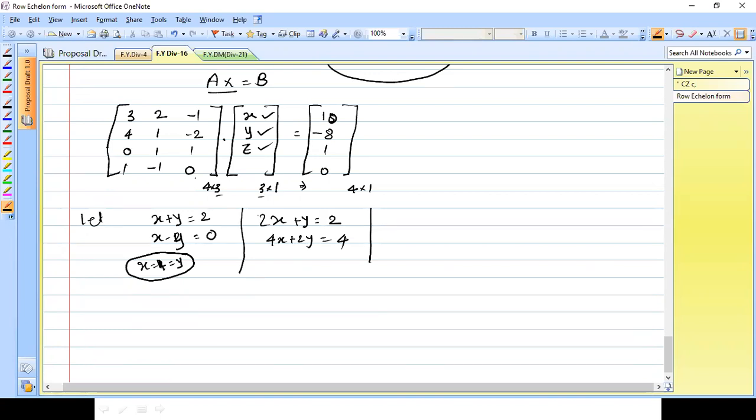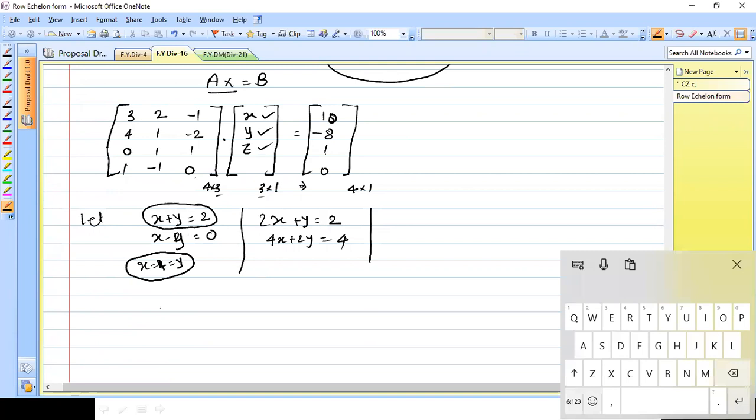When I talk about what that equation represents, x plus y is equal to 2, it's a simple line. It passes through two points. If I substitute x is equal to 0, y is equal to 2, I get such a kind of line. And here x minus y is equal to 0, so I am getting such a kind of line. So the lines intersect only at one point. That one point is nothing but (1, 1).